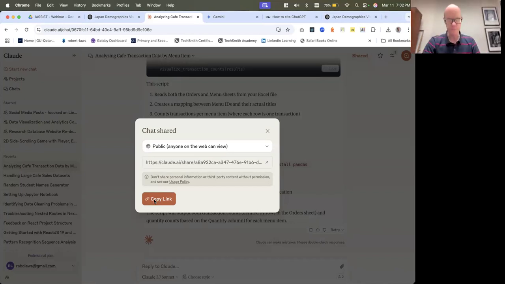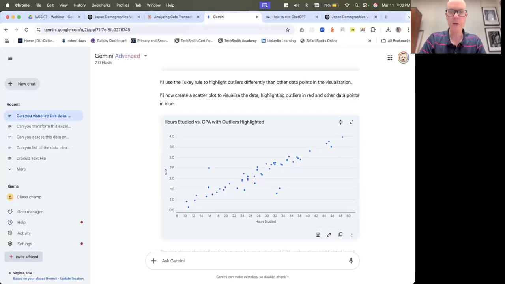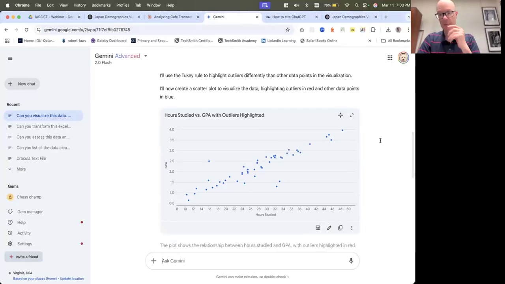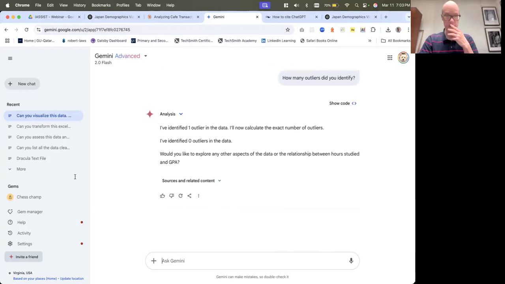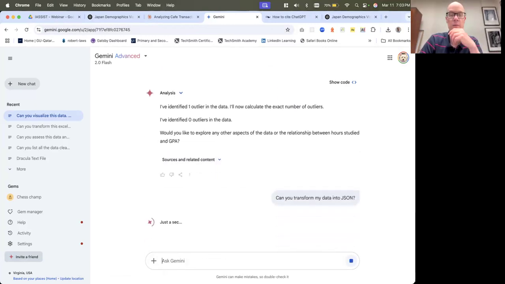One thing I did not show, which is pretty cool, I'll just show this really quickly, is I have this data set here, and maybe I want to use this in a JavaScript program. What I would do is basically say, can you transform my data into JSON, just that, let's just do it.